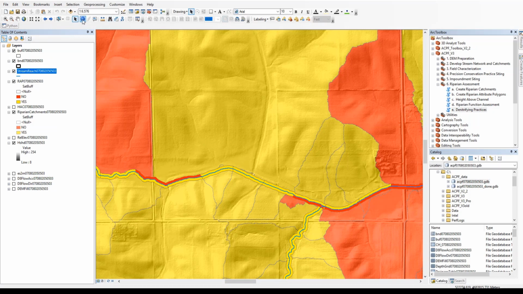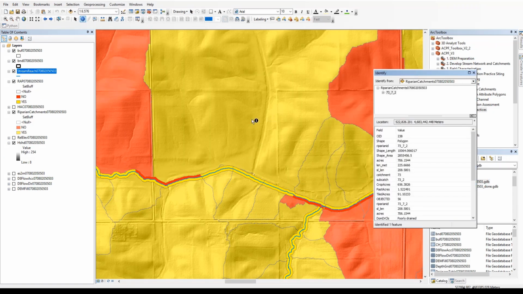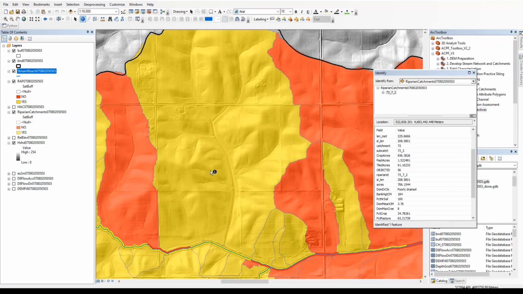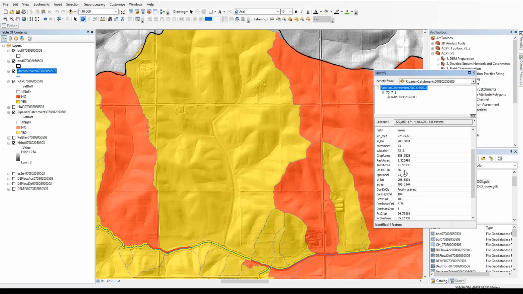And now, using the identify tool, we can select some of these larger riparian catchments that are shown to be suitable. I just clicked on this large one here. If I expand it, I can see the riparian attribute polygon that it's associated with. And clicking back on the riparian catchment, I can go down and look at how many acres within this riparian catchment are actually likely to be tile drained.